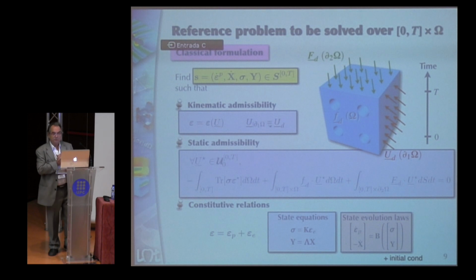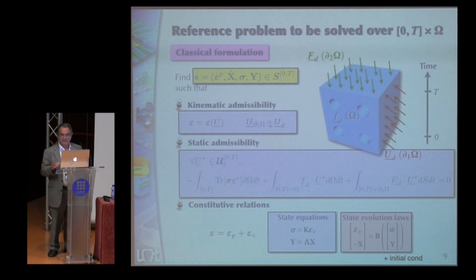Okay. So here you have the classical problem in solid mechanics. So we are studying the equilibrium of the structure, submitted to prescribed displacement on the part of the boundary, prescribed traction on the complementary part, and we have also prescribed body force. All these quantities are defined over this time interval. So the problem is to compute the value of this internal variable at any time, at any point.